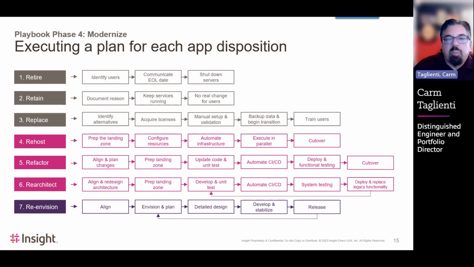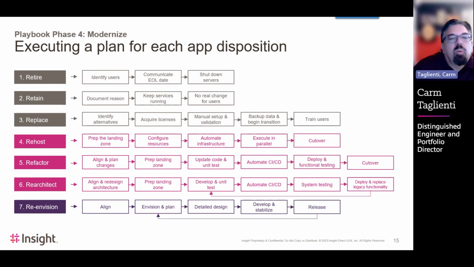And then re-architecting, for example, is a little bit more complex. You can notice here we've got this feedback loop embedded. So align and redesign the architecture, prep a landing zone, for example, if we move it into the cloud, develop unit tests, automate CI/CD pipelines, including security and best practices, systems testing, deploy and replace, et cetera, and then learn and iterate. So re-architecting requires us to be able to factor in new technology, new capabilities, and then perform the testing that's required in order to ensure that it provides similar capabilities to what it provided before,